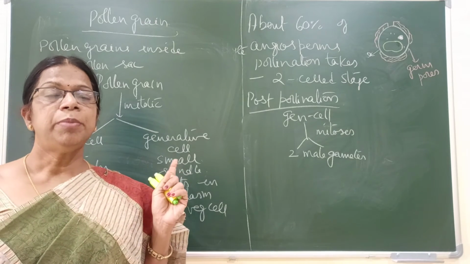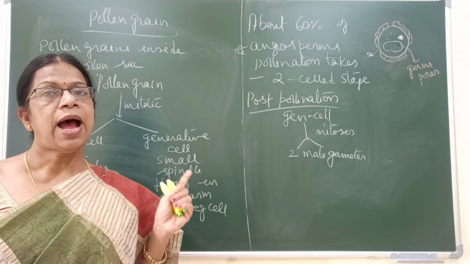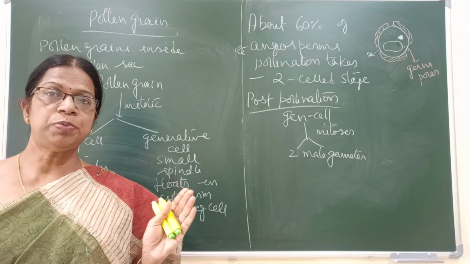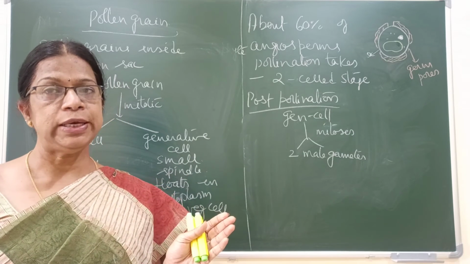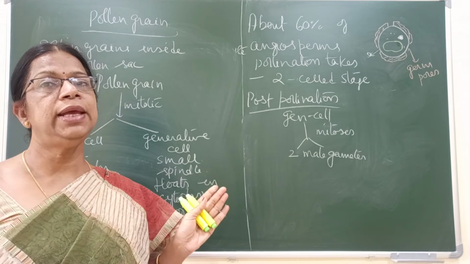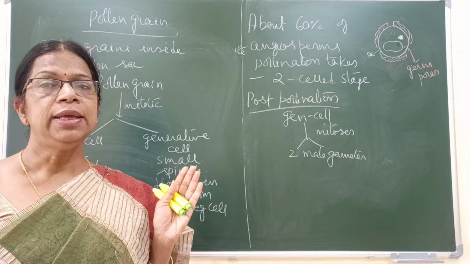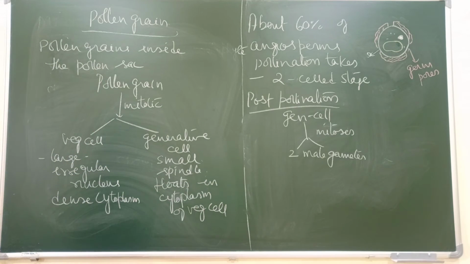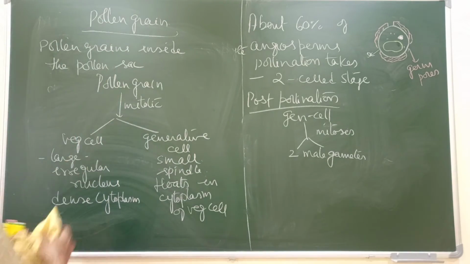Starting from the microspore mother cell, there is one meiotic division, after which four microspores are formed. These four microspores develop into four pollen grains. Each pollen grain undergoes two mitotic divisions to form two male gametes. So finally, let us see what all the divisions are, and summarize how many divisions there are.